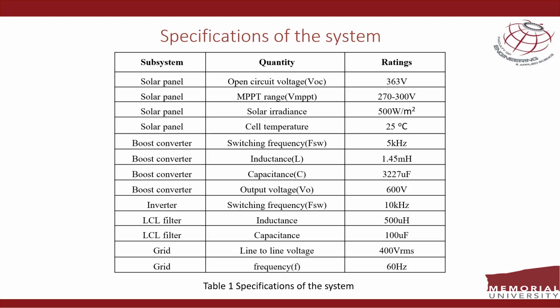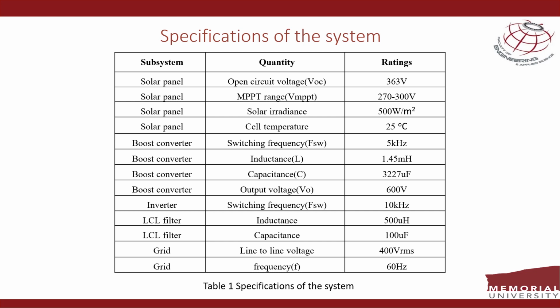This slide contains a table of specifications of the system. For solar panel, the open circuit voltage is 363 volts. The MPPT voltage range is 270 to 300 volts. The solar irradiance is 500 watt per meter square and the cell temperature of the solar panel is 25 degrees Celsius. For the boost converter, the switching